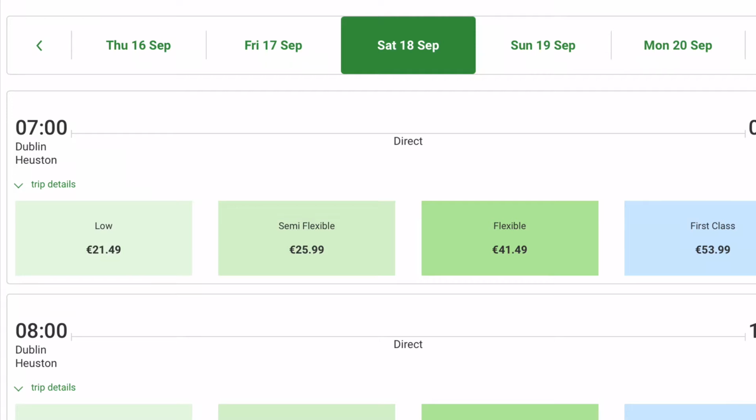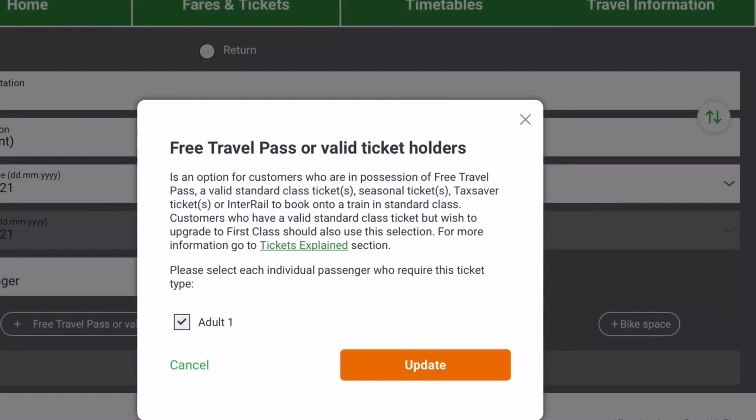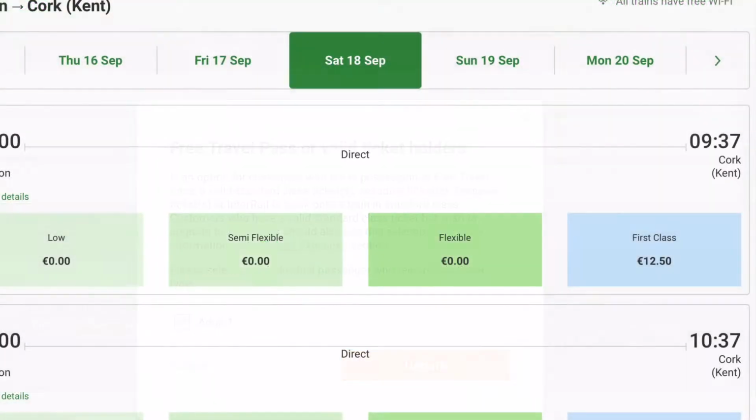So purchase the low fare, then go back to the home page and you'll see an option for free travel pass or valid ticket. Click on that and it will open up a little window that looks like this. You can select the number of passengers that you want for an upgrade and then click update. This will open up a further window and you can see that there's a first class upgrade available for €12.50. So if you buy the low fare and then this upgrade, that's a saving of €20 on the original first class ticket price. I don't know if it's a life hack, it's definitely a thing of some sort, but anyway,